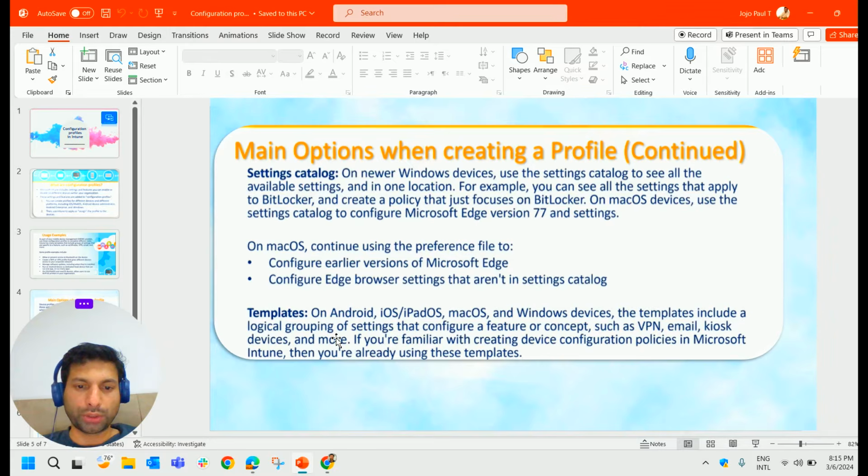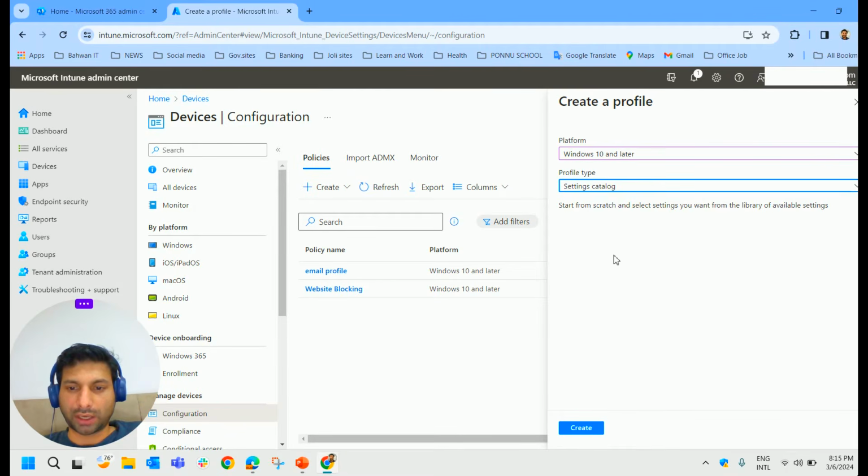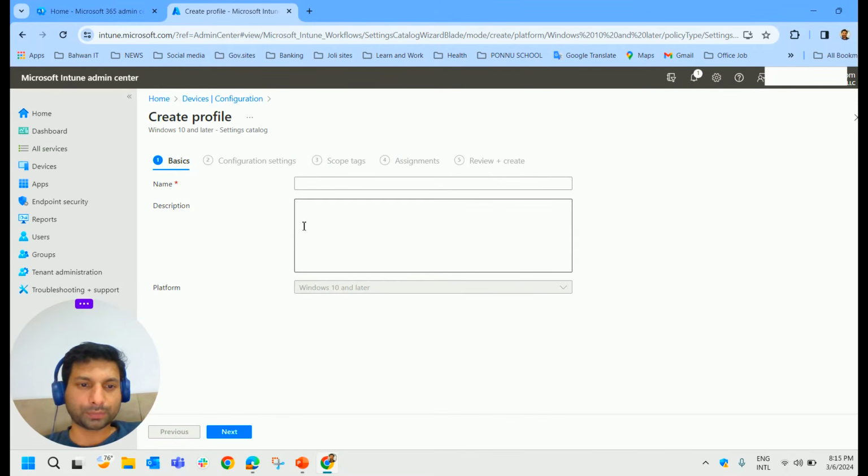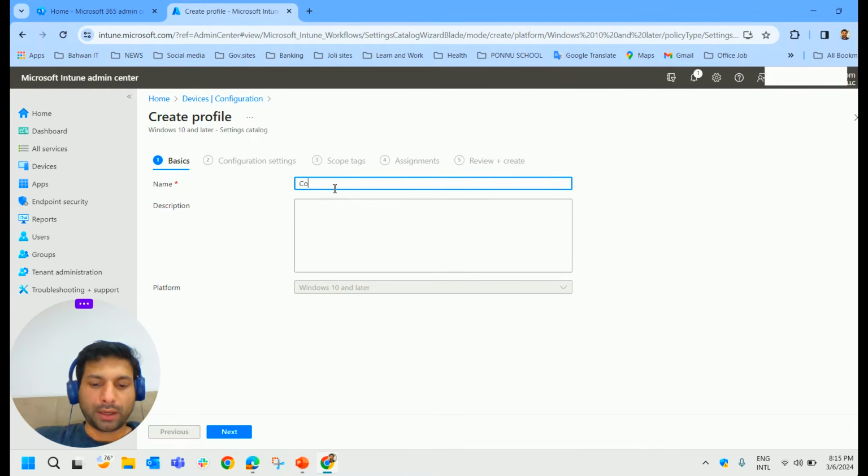A template is something like a logical grouping of settings, and when we come to the settings catalog, we get all the available settings in one location. So that is the main difference between the settings catalog and templates. In our case, we select settings catalog and click on create, and we name it like control